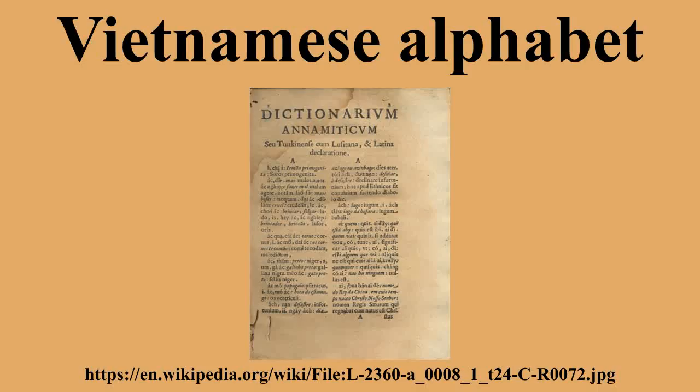As early as 1527, Portuguese Catholic missionaries in Vietnam began using Latin script to transcribe the Vietnamese language for teaching and evangelization purposes. These efforts led eventually to the development of the present Vietnamese alphabet, started by the Jesuit Portuguese priest Francisco de Pina. His work was continued by the French Jesuit Alexandre de Rhodes, who worked in the country